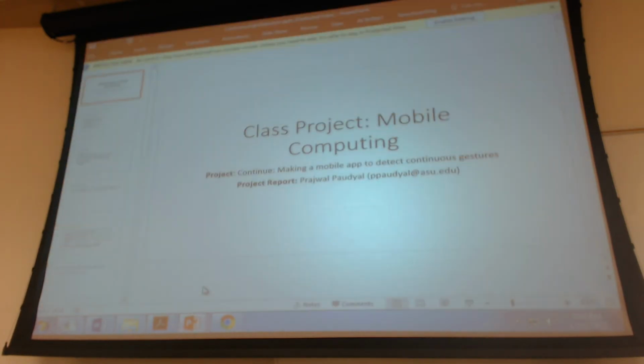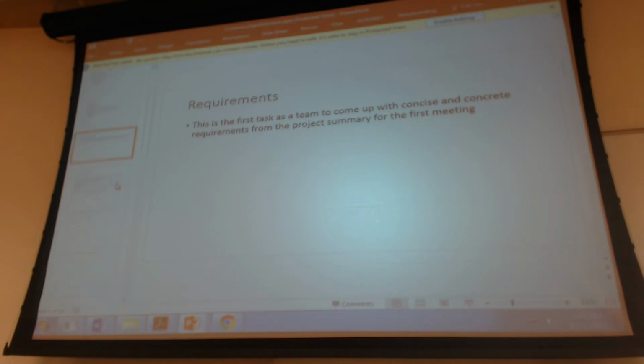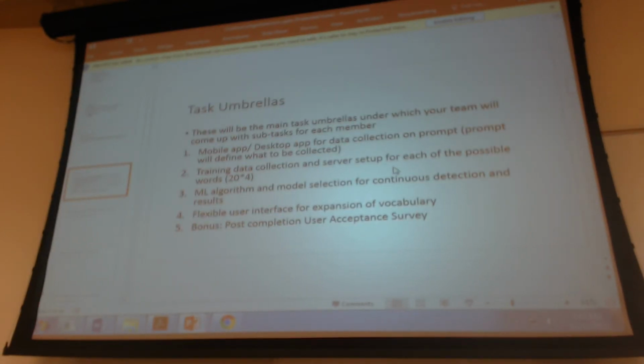That is this one, continuous sign detection. So I will make a mobile app that does that. The tasks are there. We'll discuss the tasks later, maybe tomorrow. But today I'm just giving a brief overview of the whole process. Okay, so another very interesting project that you can take a shot at is